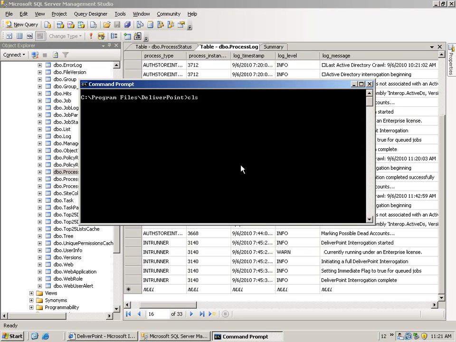Once you've done this, again, you can reset the interrogation runner by executing the following command, barracuda.deliverpoint.interrogationrunner.exe reset. If this still doesn't have any effect, then one thing that you can do is email us at support@lightningtools.com,